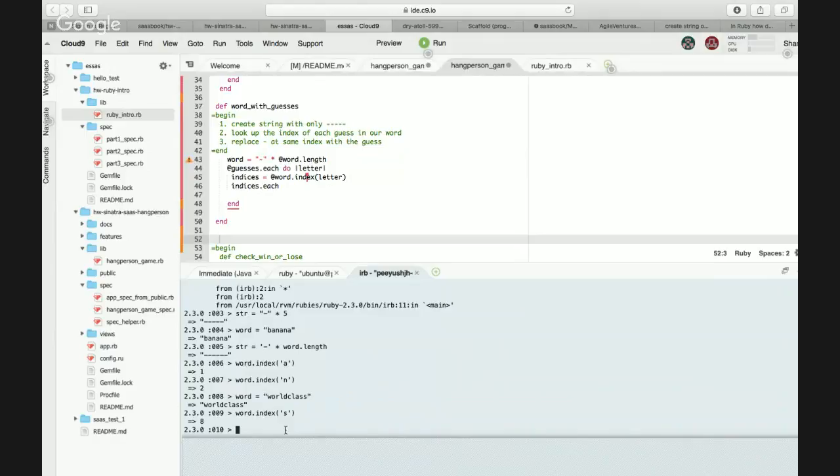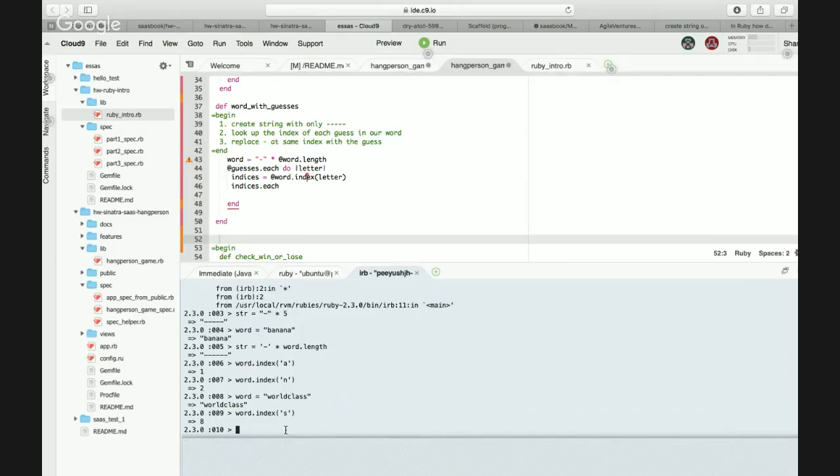Okay. Can we do something like, let's say we have a word banana, and let's say the user has already guessed, that is, in our guesses we have B and A. Can we make it a regular expression, and whatever in the expression is not B or A should be turned into dashes?